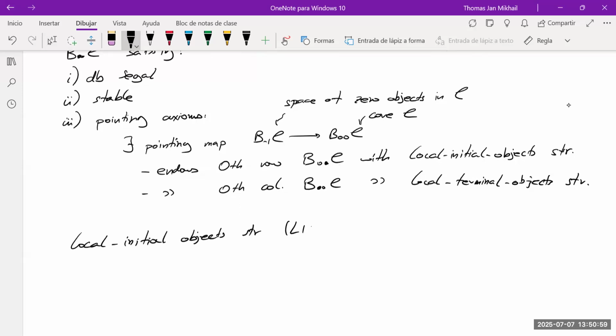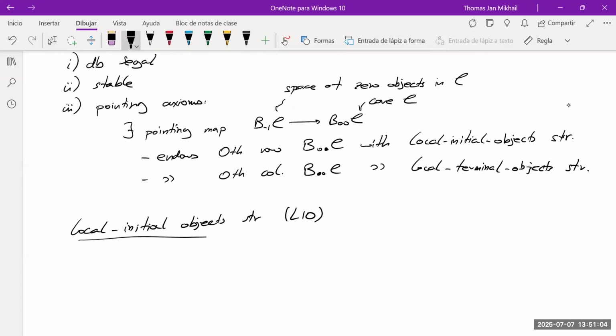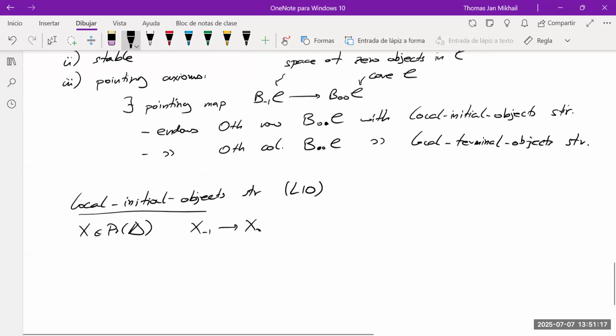I will abbreviate this as Leo. So if X is a simplicial space, a local initial object structure is a pointing map like this, such that